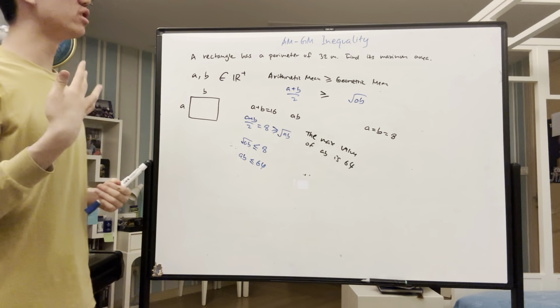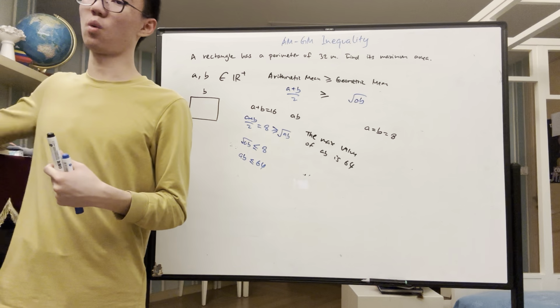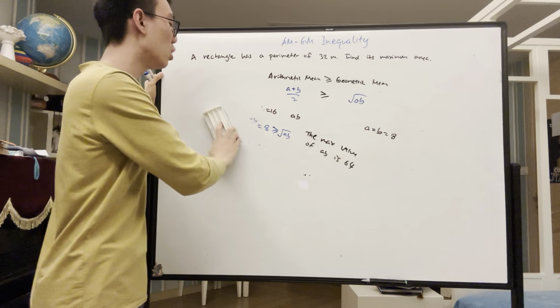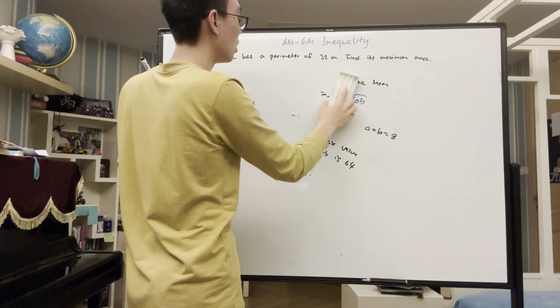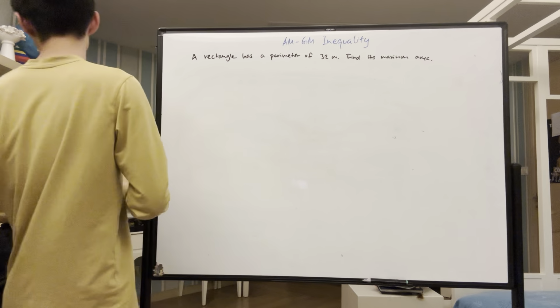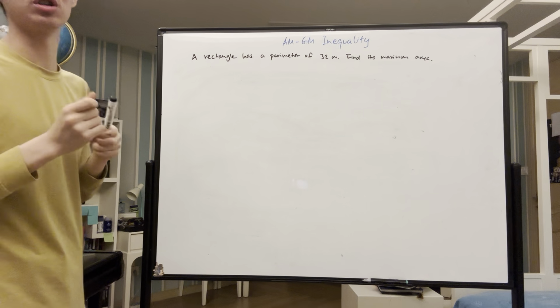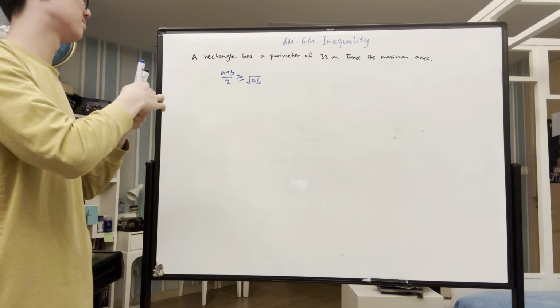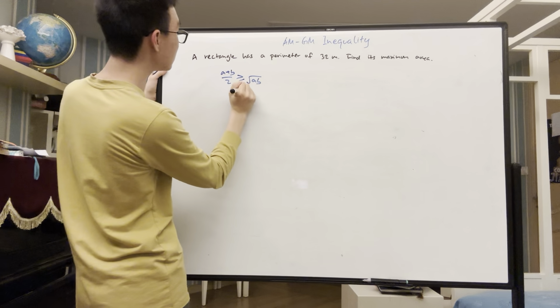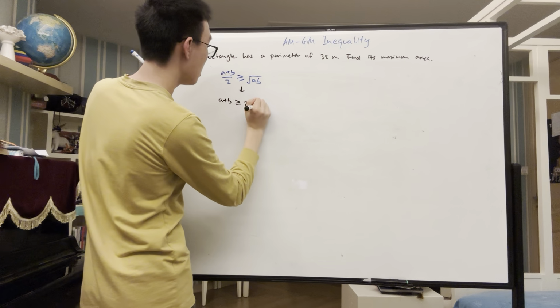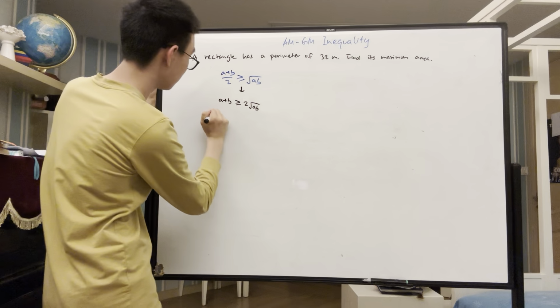Now, let's dive a little deeper into this inequality. The first question would be, why does this inequality even work? Why does the arithmetic mean have to be greater than the geometric mean no matter what two numbers are given? Well, we can kind of explain this through algebra. This is the same as saying this. And then if we square both sides,